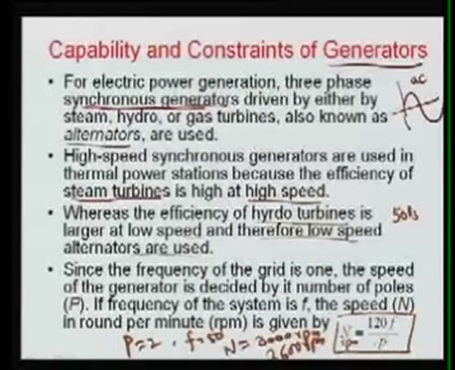Since in India it is a 50 Hertz supply, and also in other Asian countries as well as European countries the system supply frequency is 50 Hertz, the maximum speed of any alternator will be 3000 RPM. And it is related by the equation that the speed in RPM is 120 F divided by P. P is the number of poles, F is the frequency, and 120 is a constant multiplier. So that's why here,